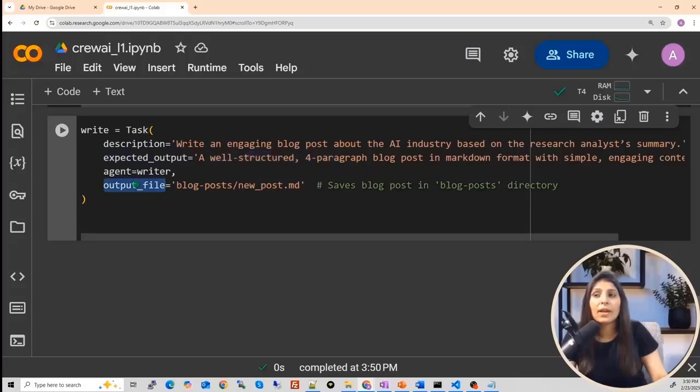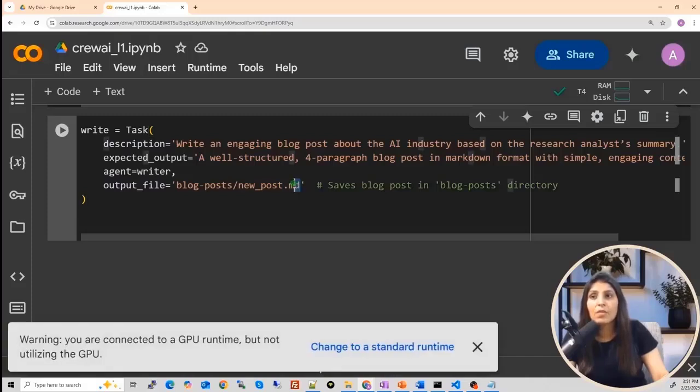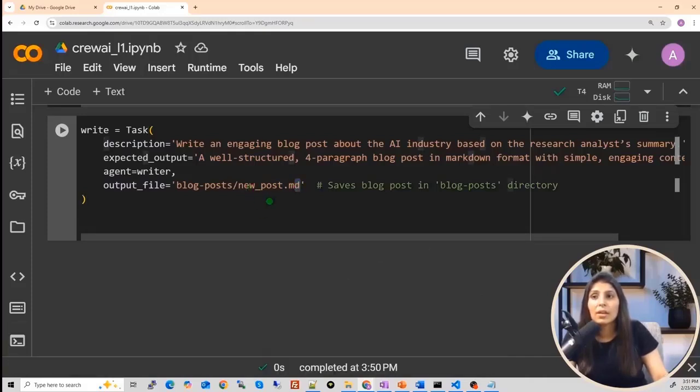And then the output file, guys, what we are doing is we are saying that when this task is executed, we want to store the output, the blog post which our writer agent will write. We want to store that in a newspost.md file, right?